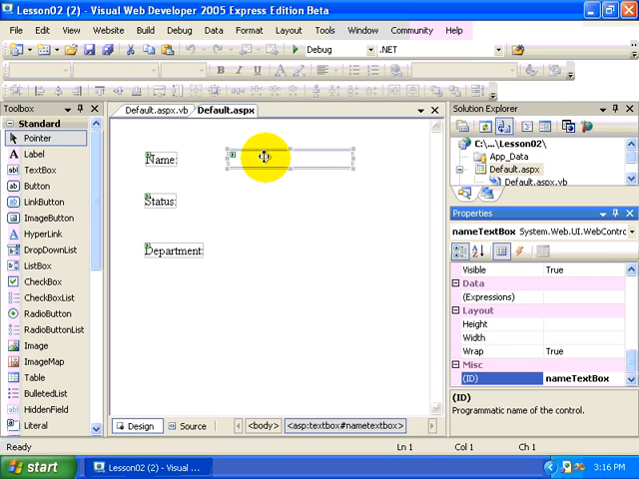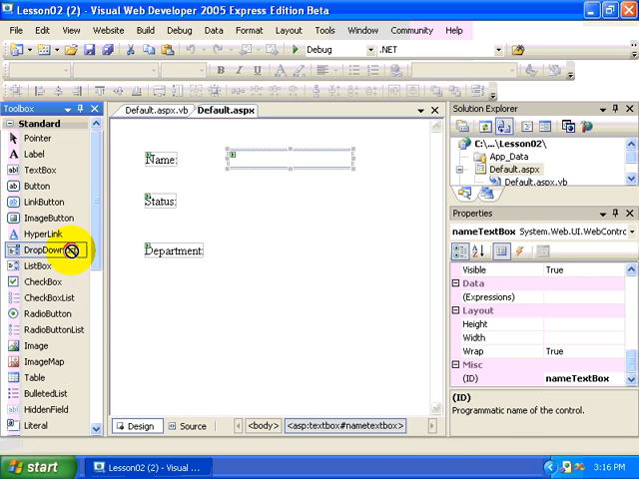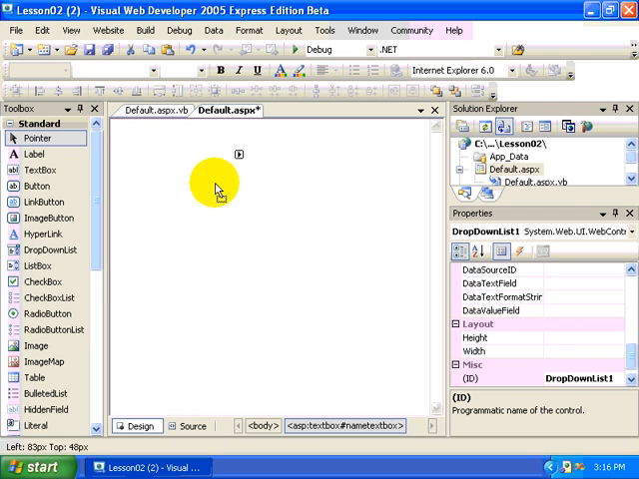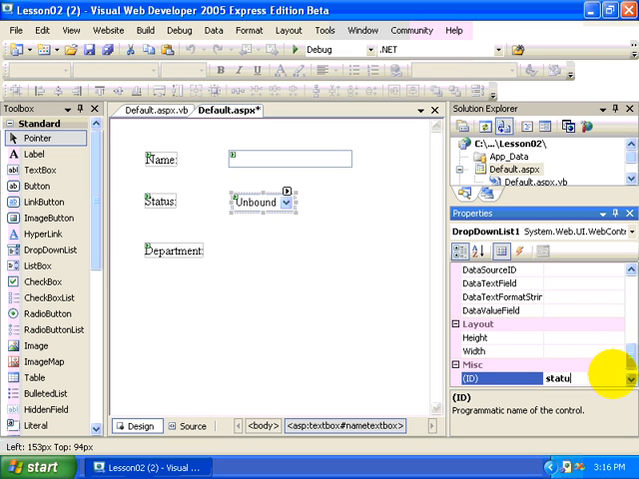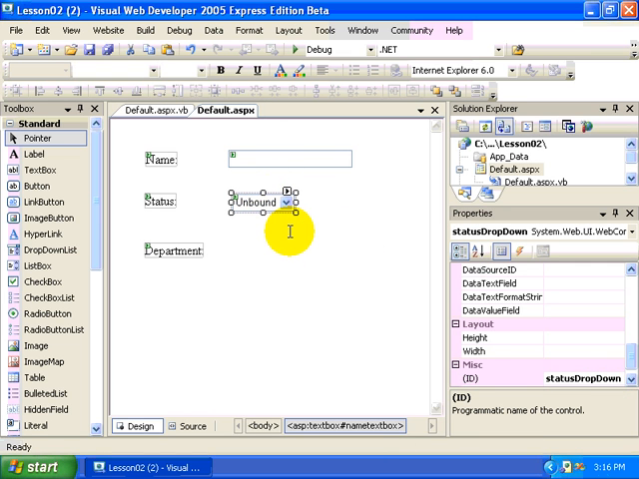Now, if we have a situation where we're trying to collect data where there's only a limited number of options, we might use something like a drop-down list box. So let's go ahead and position one of those on our form here. And we're going to name this status drop-down. And this is where we may want to only allow the user to select from a pre-selected or pre-entered number of options. So what we can do here is either